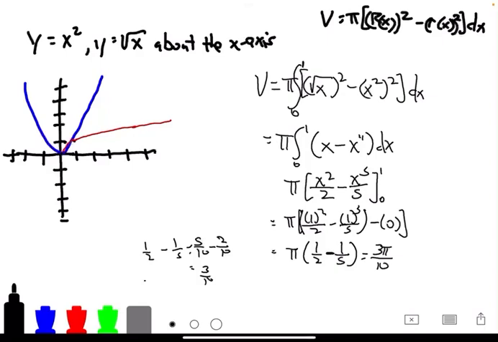And that's just a quick example of how we use the washer method as another way to find the volume of a solid of revolution rotated about